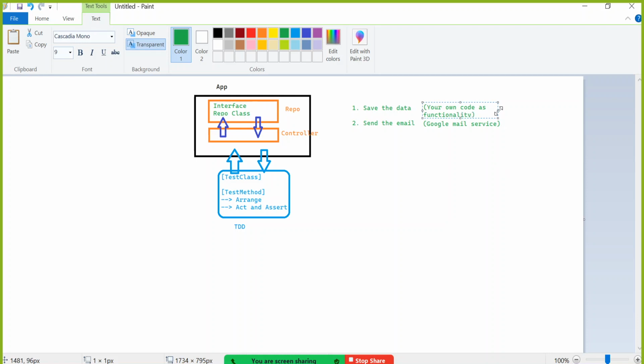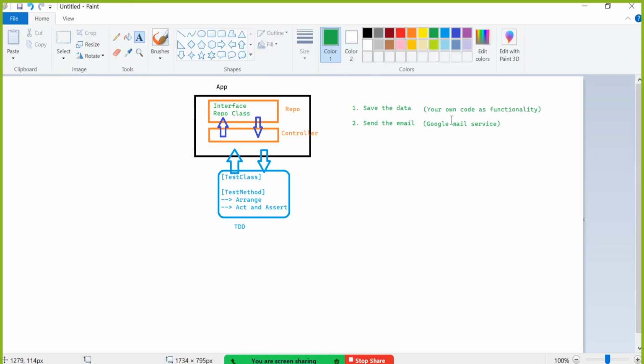Now if data is not saving, as a developer you have to take complete ownership. Something you might have done mistake, that's why data is not saving. But if email is not going, you cannot blame the developer only. Chance is there developer has done some mistake while consuming that Google service. Chance is there Google service itself is down, right? So sometimes what happens, if any third party dependent functionality is there, you want to exclude it